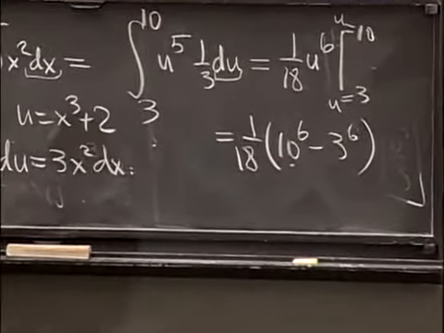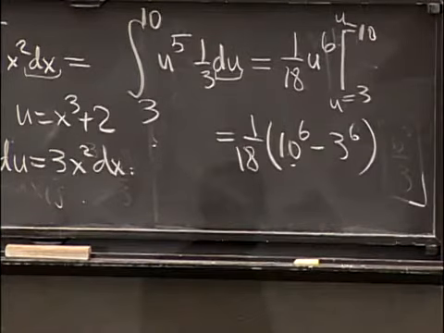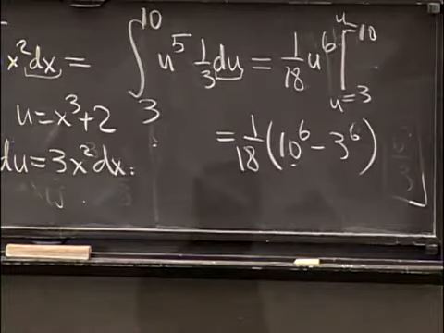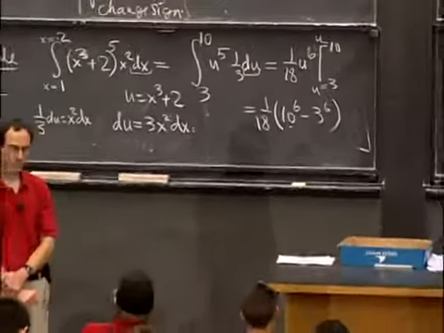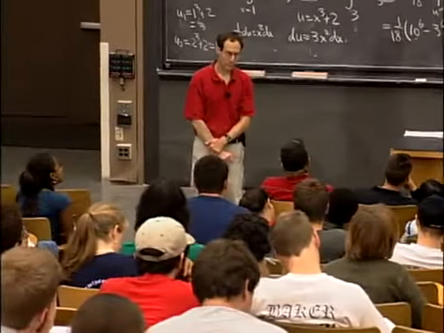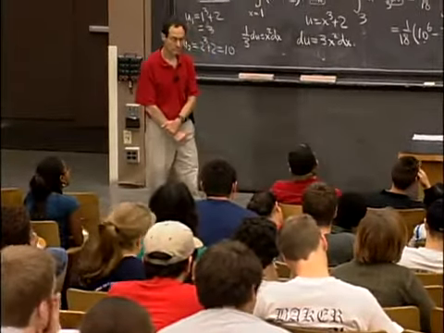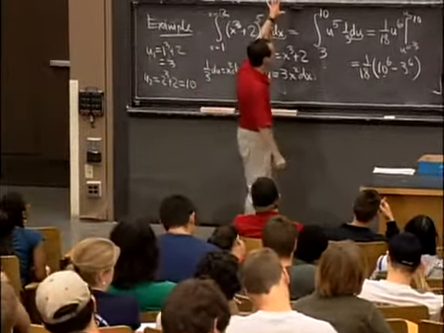Yes, question? It seems like maybe one way to handle it is to change inside of u prime. Can you just solve for the antiderivative, then put it in terms of x? So if you found the antiderivative, 1/18 u to the 6th, can you then put that in terms of x? So if you want to do things with